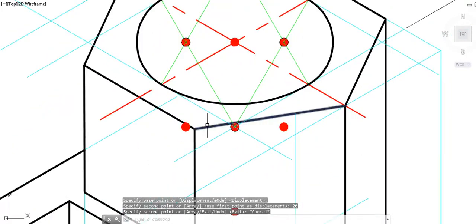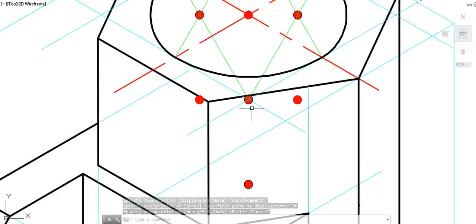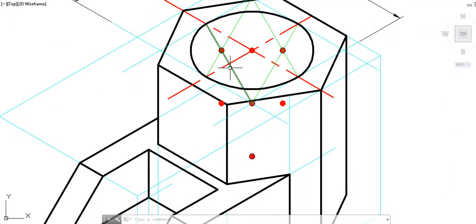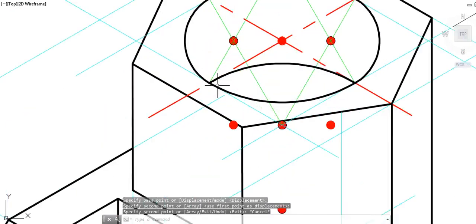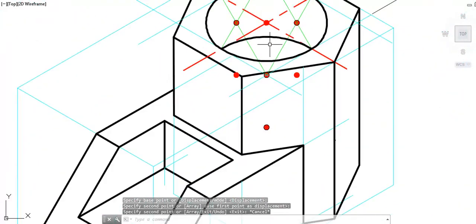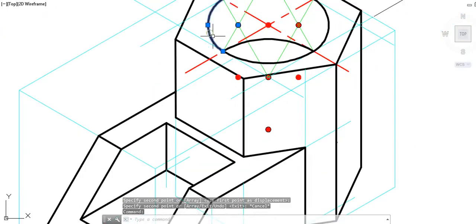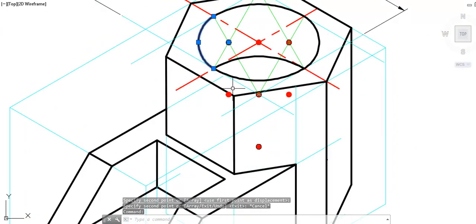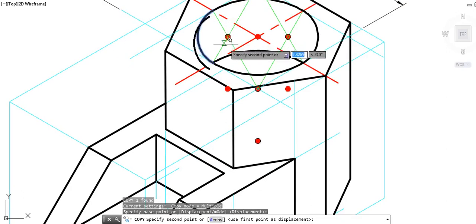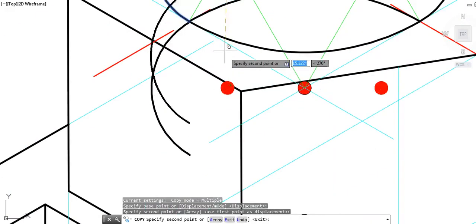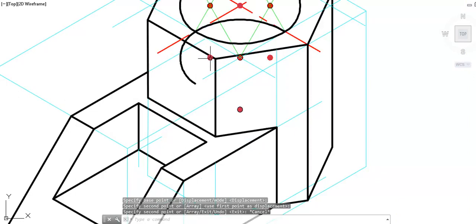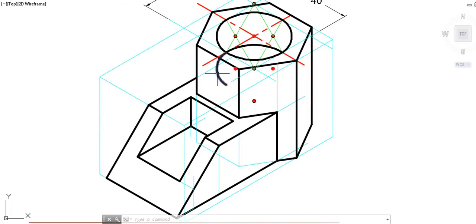Now I will take the radius equal to this, and from this point I am trying to draw the curve. That is how the curve I will try to draw, and as you can see that curve has fit inside this particular part very correctly. But if I try to draw another part of curve like this with respect to this center point, it will probably miss this spot and it may go outside, and hence these particular center points are of no use as far as drawing the innermost curve is concerned. So this part will be removed, and that is how our problem gets completed.